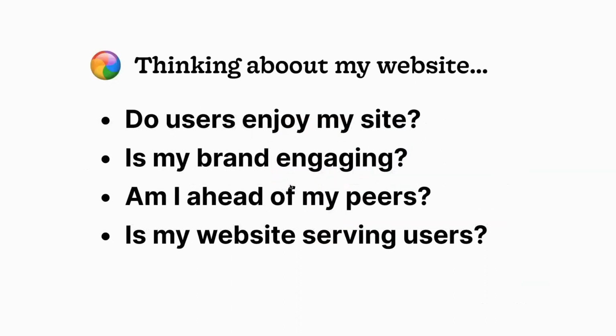1, does your site leave users feeling satisfied or frustrated? 2, is your brand engaging or is it constrained by short-sighted design? 3, compared to your peers, is your site ahead in the game or looking outdated? And 4th, is your site targeting your audience's wants and needs, or is it perhaps looking more like a collection of dusty file cabinets? If you're imagining parts of your site that are awkward or bad looking, cluttered or anemic,